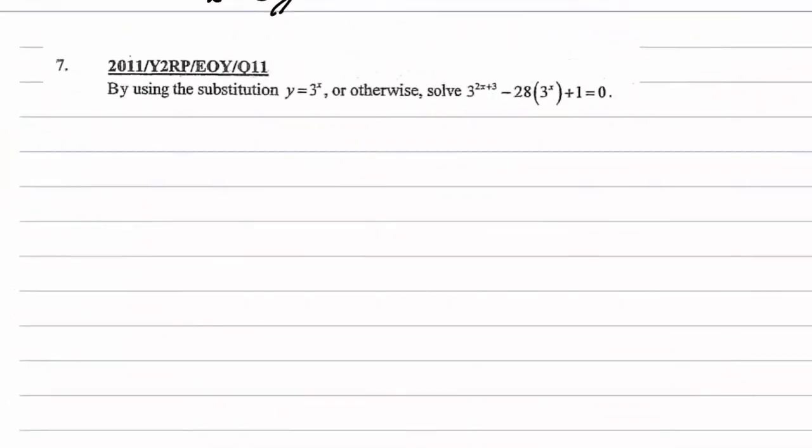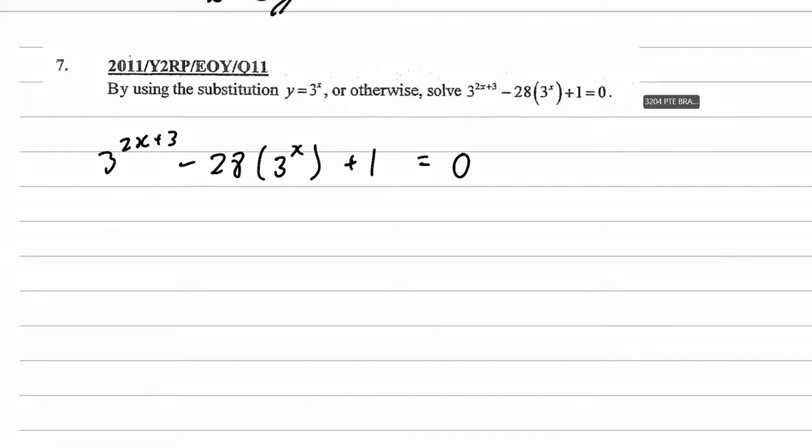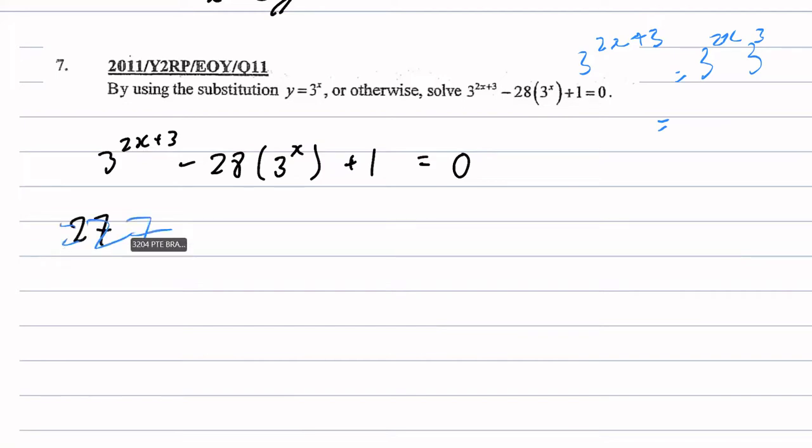Okay, let's go. Using the substitution y equals 3 power x, or otherwise, solve the following equation. This one is 2x times 3 power... What's 3 power 3? Is it 6? Is it 9? 27. Yes, it's 27. 27 and then